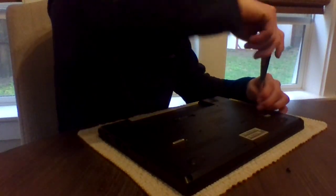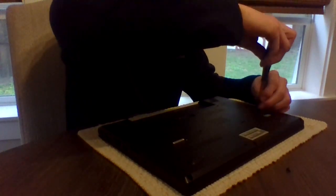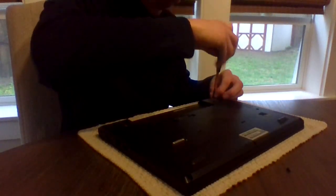So, taking out the screws, almost done with that. Sometimes the screws don't actually come out, but you want to be sure you unscrew them all the way. And if they don't come out all the way,